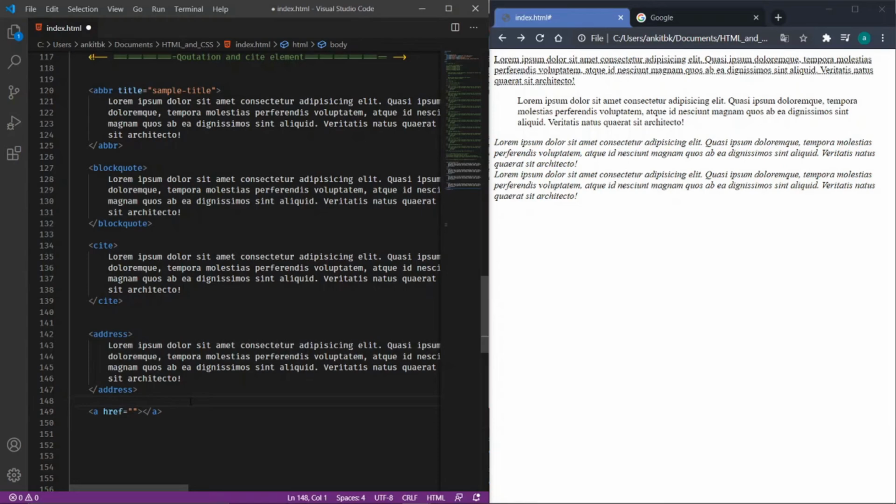Okay, so I will add a link with an a tag, that is https. There are two types of hypertext protocol, that is http and https. Https is the secured version, so we usually use that.